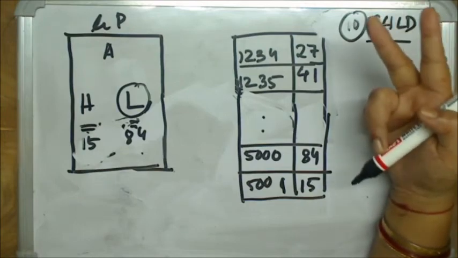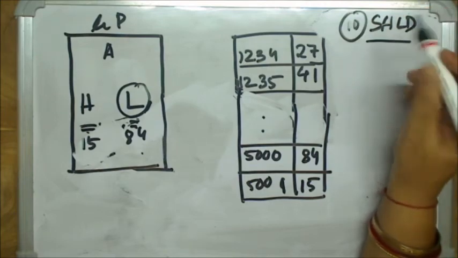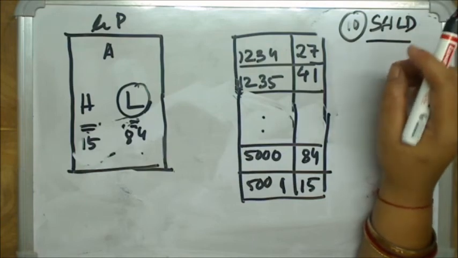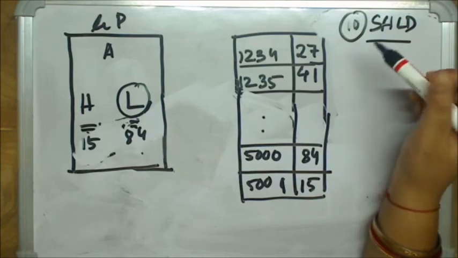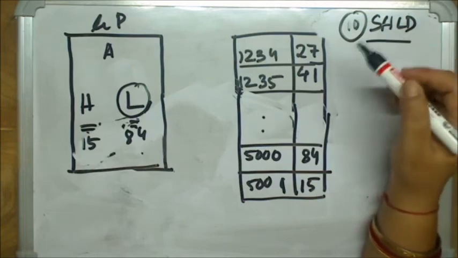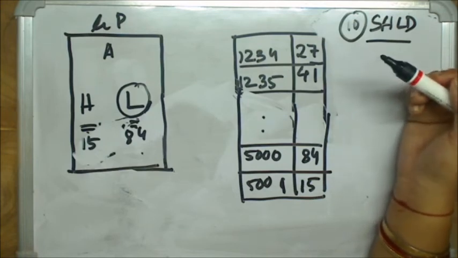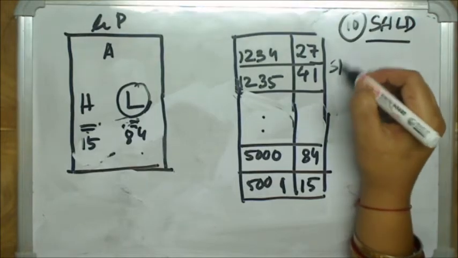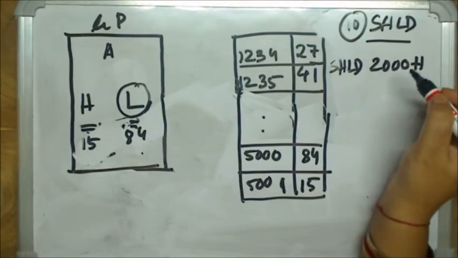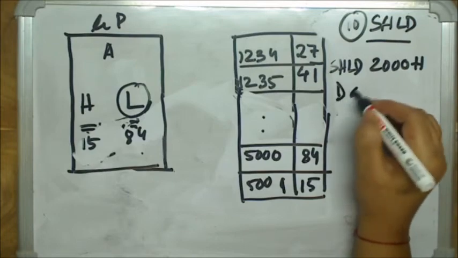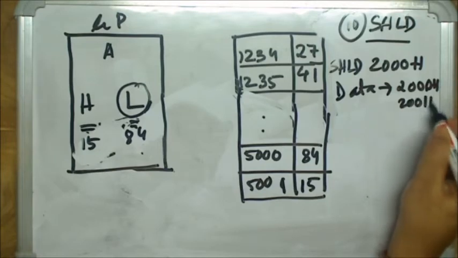Two locations, because one memory location contains 1 byte of data. So to store the data of the HL pair, it requires 2 consecutive memory locations. Do you have to give both locations? No. If you give only one memory location, the other is taken by default. So if you write SHLD 2000H, data will get stored in 2000H and 2001H. Understood?